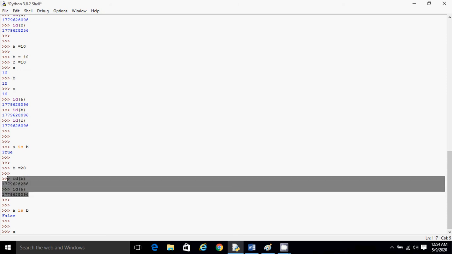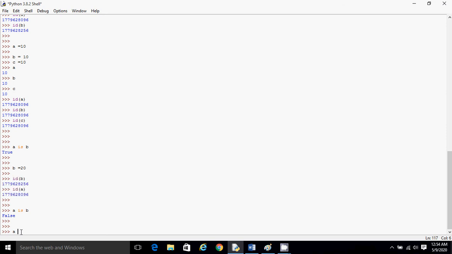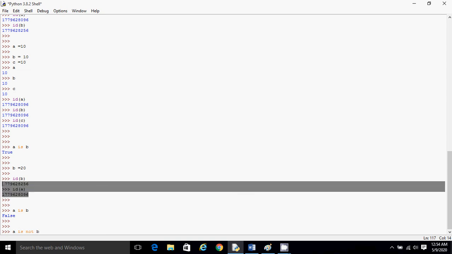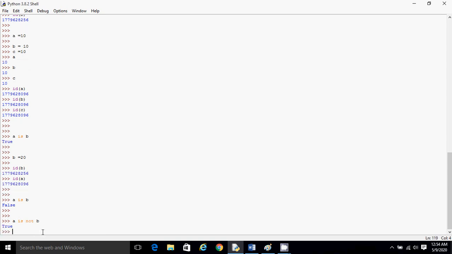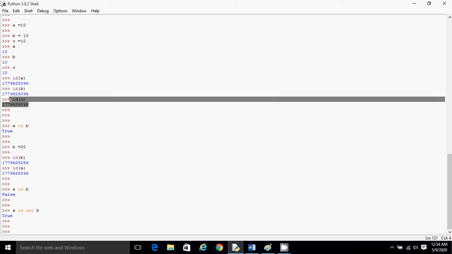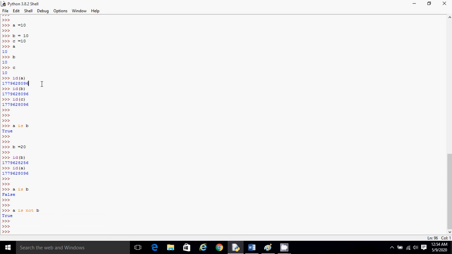Here a and b have different ids, so if I check a is not b, it will be true because both have different ids. Now c still has 10, so c and a values are the same and the ids are the same. Let's check the id of a and id of c. So both ids are the same.